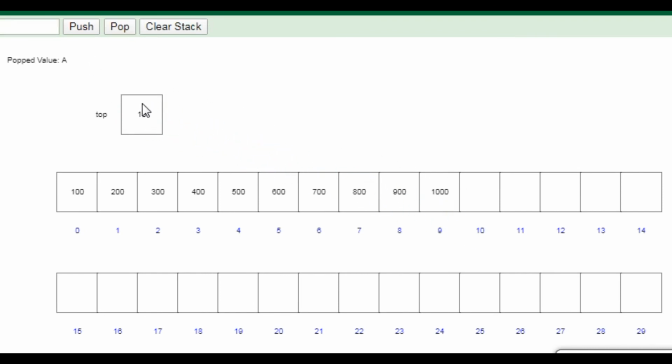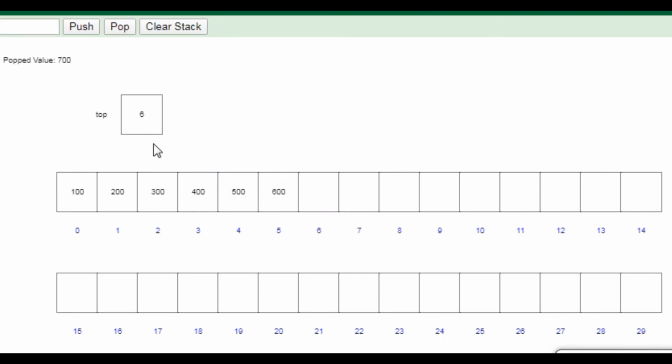Popped value is A, top is 10. Popped value is 1000, top value is 9. Now top is decreasing, element popped is 900. In the same way, top is 7 and popped value is 800.